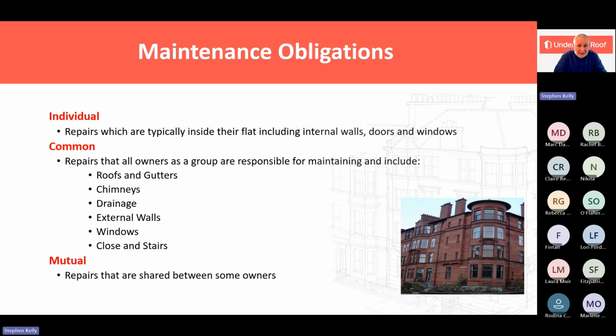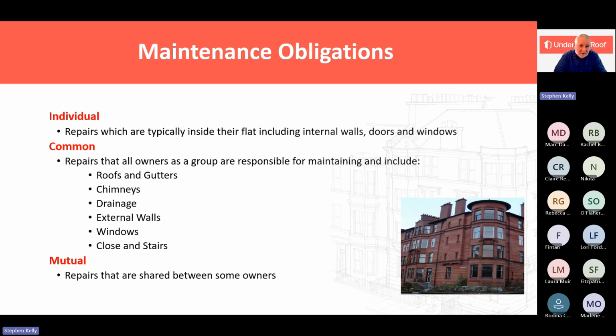Common repairs, the usual suspects: roofs, gutters, chimneys, drainage, walls, windows, closes and stairs. So that's what's classified as a common repair, where people will have to pay a share of the repair for that particular job. And basically, as I could have said earlier, if you're buying a tenement flat, wherever it is, the chances are you're going to have to pay something towards a common repair. Unless you're really lucky, or you're only there for a couple of years, there'll be somebody chapping your door somewhere along the line saying, right, you owe us X as a share of a drainage repair or a window repair